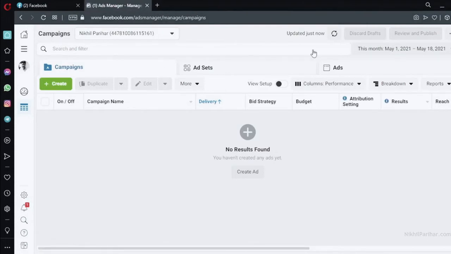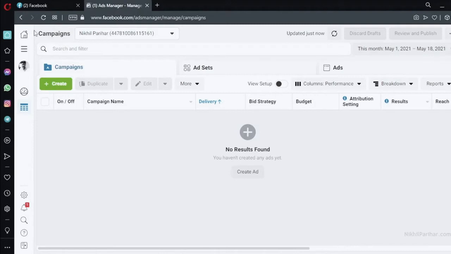Now, before I get into the campaigns and how to set up ads, one thing which is very important, which I've also mentioned in my Google Ads account creation video, is to set up conversion tracking. And in Facebook's case, it is called Facebook Pixel. So before you run any ad, I want you to set up Facebook Pixel on your website, or wherever you are driving your traffic to, whether it is a landing page or whatever.